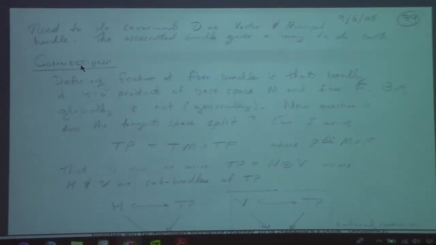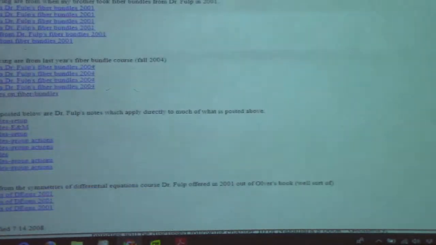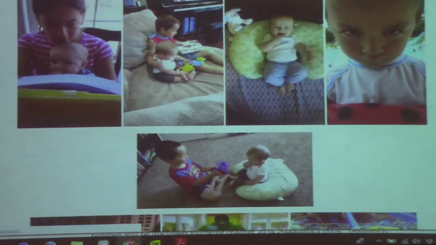Actually, this is the wrong one. This is the second one. We want the first one. So 138. Let me show you where this is coming from. On my old, okay, so on my website,